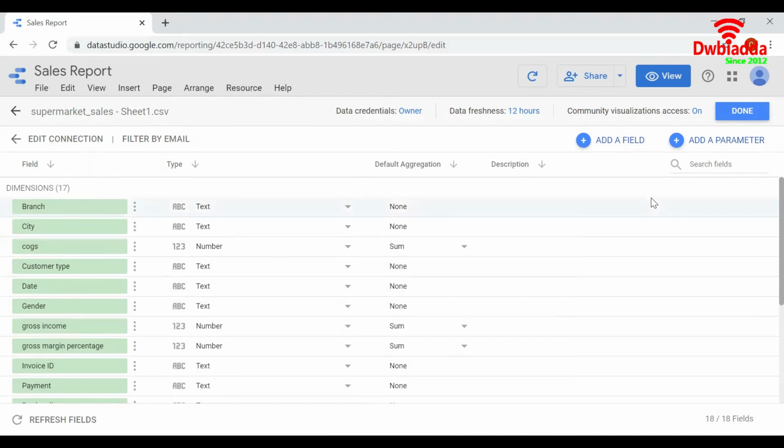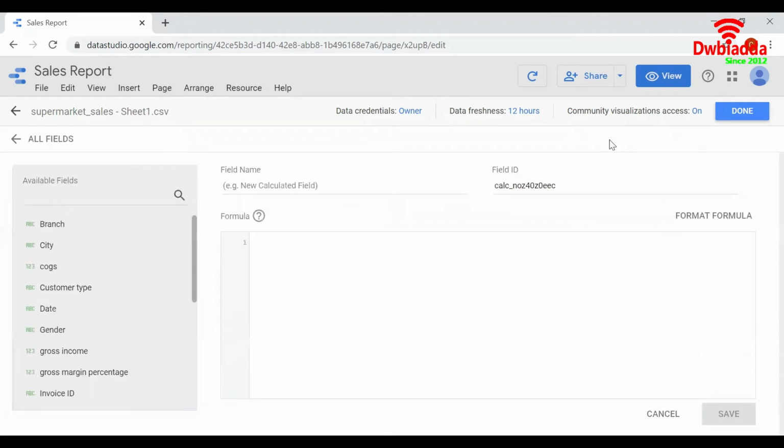Okay, now let us look at creating calculated fields. To do that, click on add a field. Give the column name. So the first example that we'll take is total price. The field name is total price, and the formula for that is unit price, this column, multiplied by quantity.